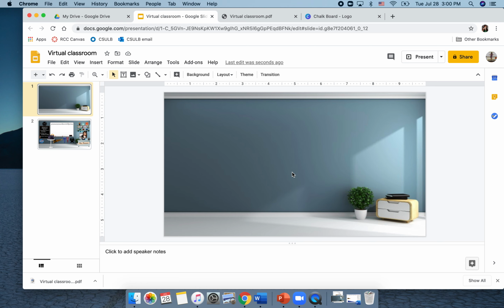And I like that feel, but in our classrooms we don't really have, I didn't have brick. So I wanted to have something a little bit more realistic, something that looked more like my home. So the only problem with this image is that it has this little drawer thing right here and this plant. The plant is nice, but this doesn't really go with my aesthetic or the look I'm trying to go for